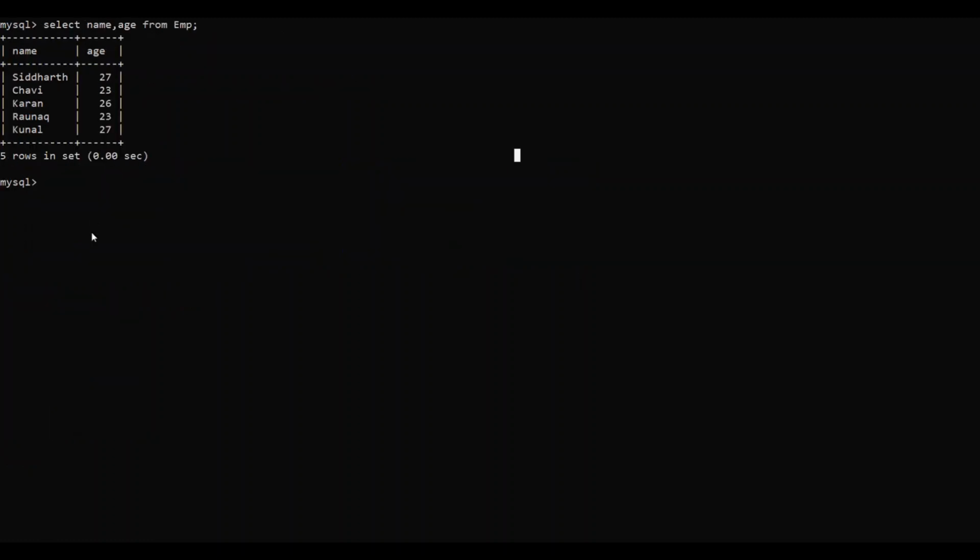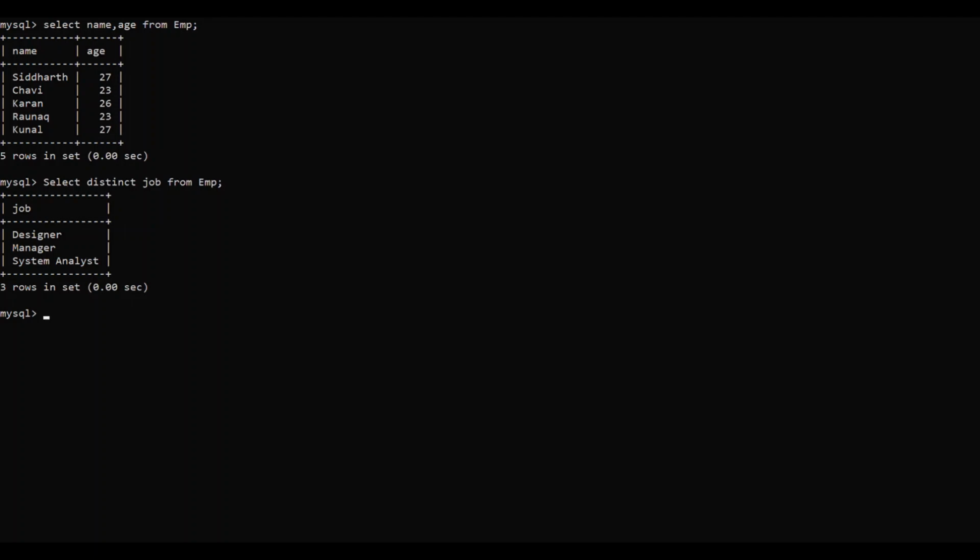If I want to see only the distinct, or non-repeated, values, MySQL provides me with the keyword distinct. Let us see how to use it. I write select distinct job from EMP. Let us see the output.